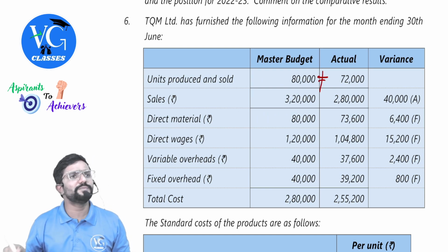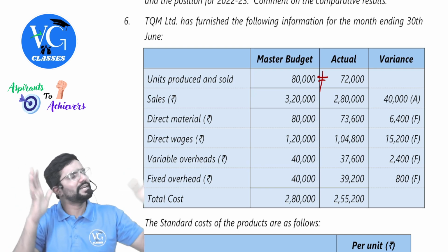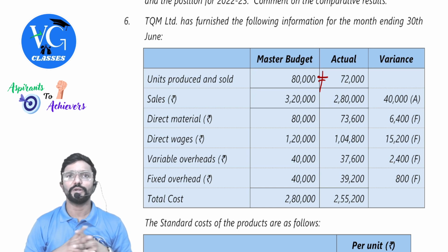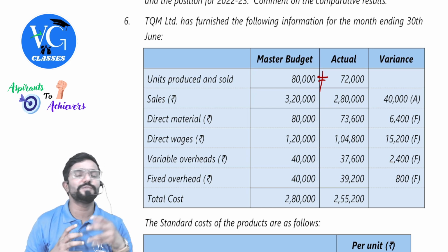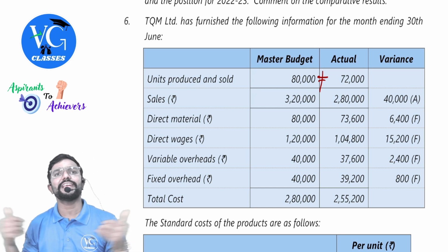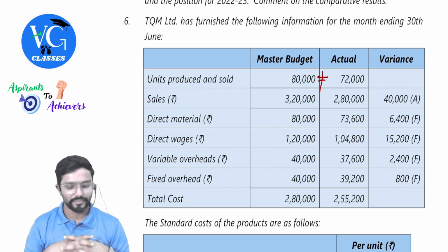So budget should always be for, especially when I am calculating variance, okay, budget can be for anything. Standard should be for what? Actual. Now, while calculating variance, guys, standard data should always be converted into what? Actual. Correct. Only then I can compare both because the base for comparison should always be same.